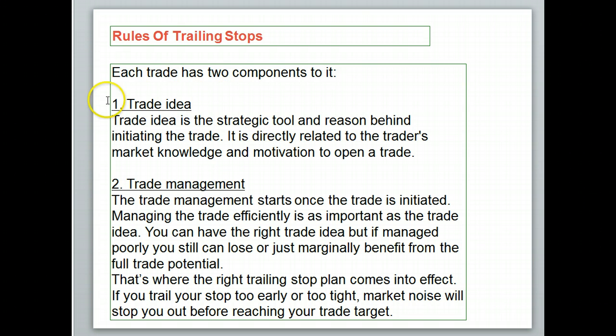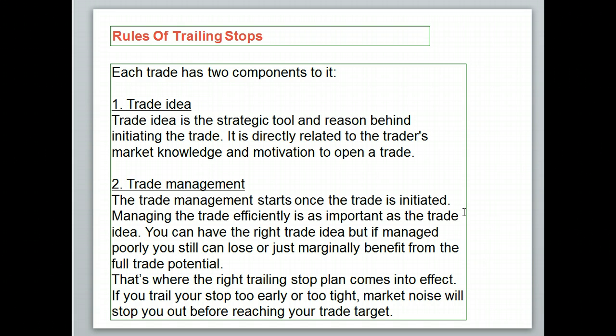After that, once your trade idea is established, comes point number two, which is equally important as your trade idea, which is the trade management. Trade management starts immediately after your trade is initiated. Managing the trade efficiently is as important as the trade idea, because you can have the right trade idea, but